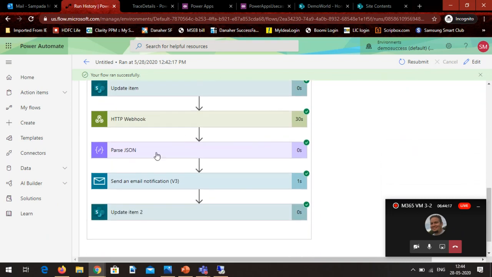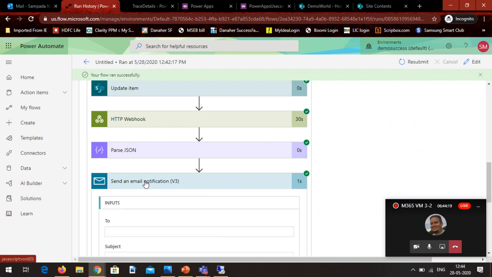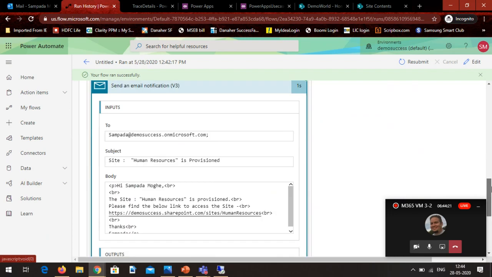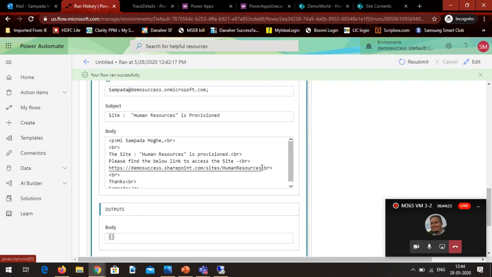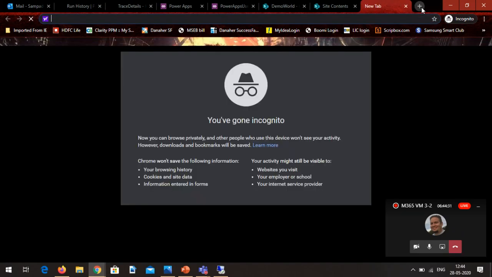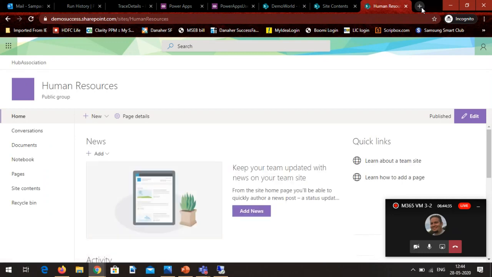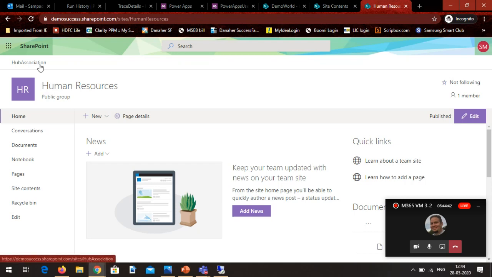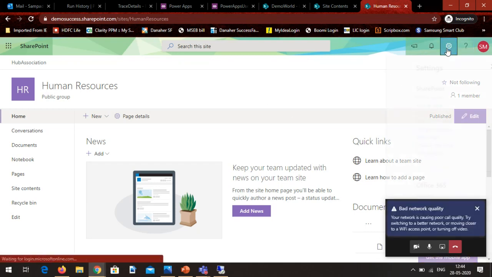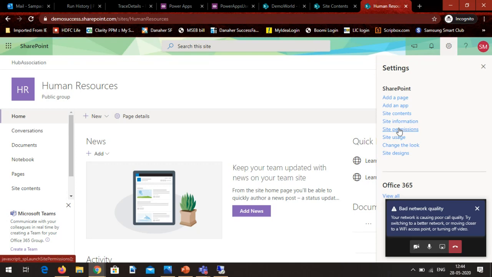And here I'm getting the return message from the webhook that the site is created, and that's the site address. So let us quickly open the site. Now it got associated with the existing hub. If we see the site permissions,